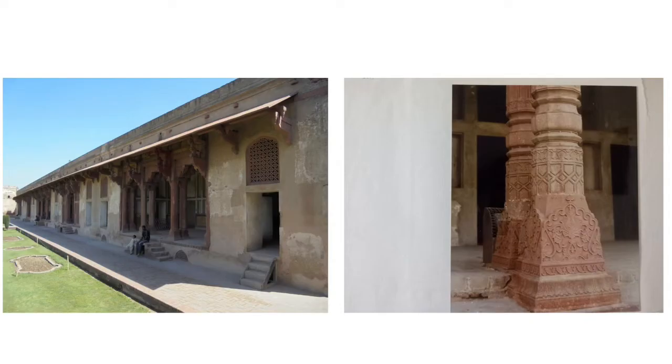Now, on the left side, you can see the eastern Dalan. As I mentioned, the veranda is completely constructed from red sandstone. You can see pillars. You can see how the chajja, which is slightly projected downward, is supported by serpentine shaped brackets, and the pillars are crowned by animal figures, and in between you can see a